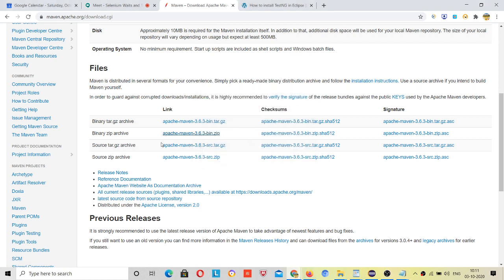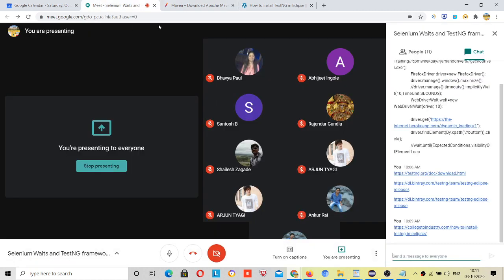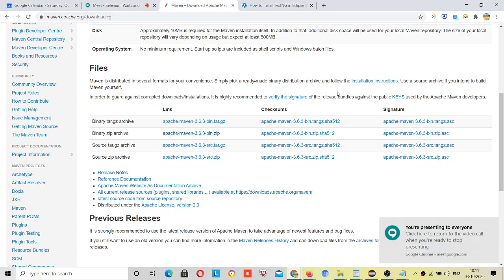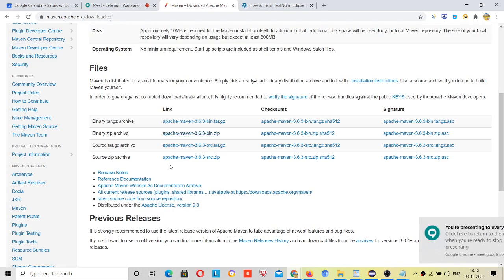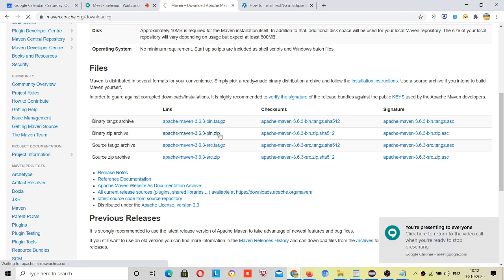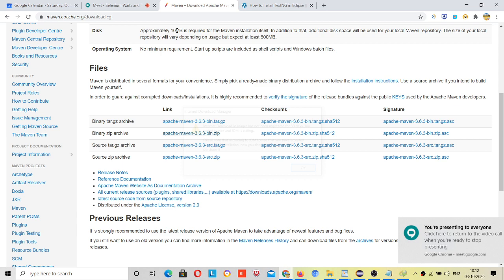In my case I have Internet Download Manager installed, so that's why I'm facing a problem. Once I uninstall IDM, it will be downloaded. In your case it will download normally, so it will not be a problem.